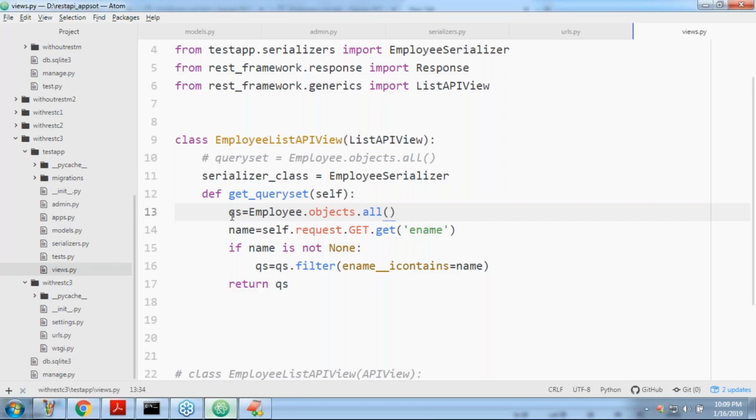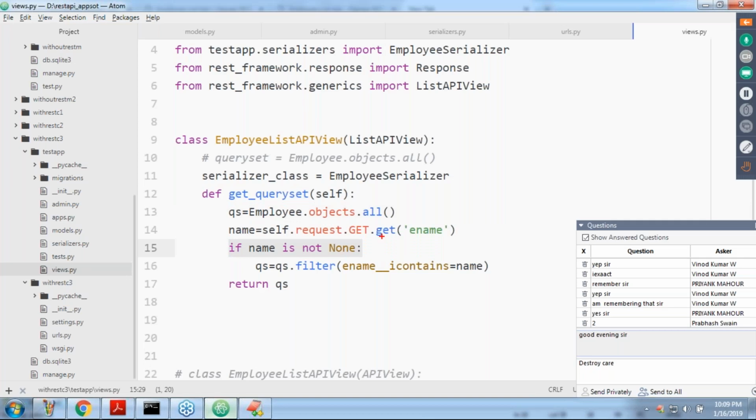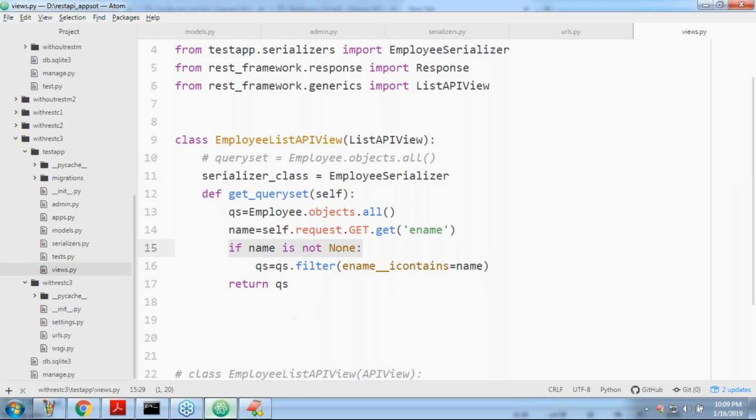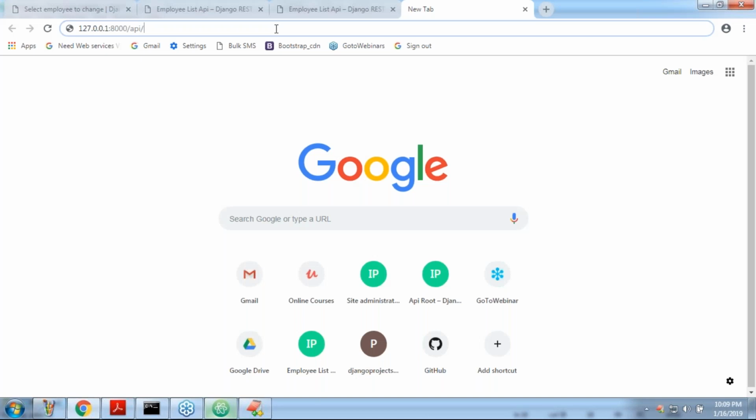Name is None because you are not passing it. The filter is not going to be executed; only if the name is not None will it be executed. So return queryset means all the records by default you are going to get. Our original operation still works happily, sir. Even the 6th record is also coming.